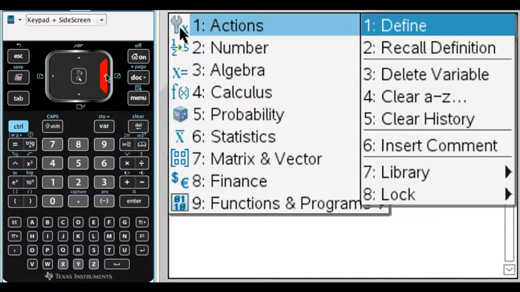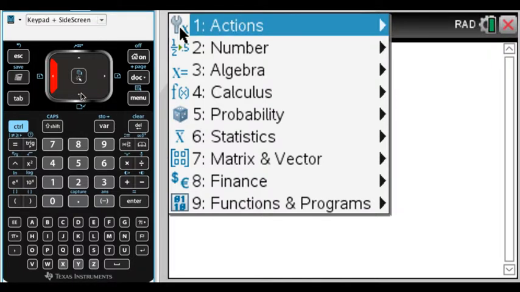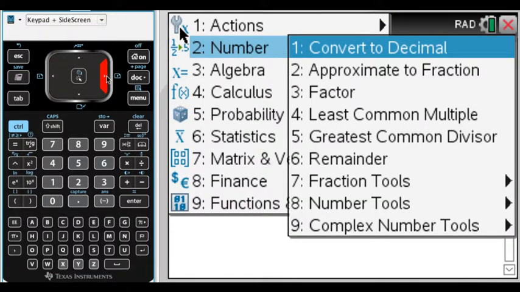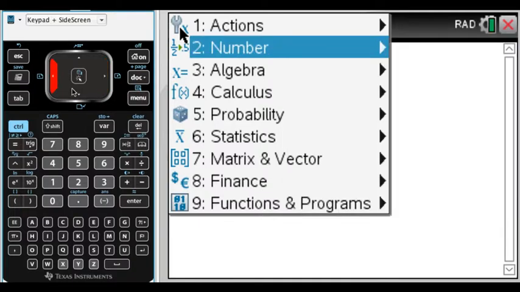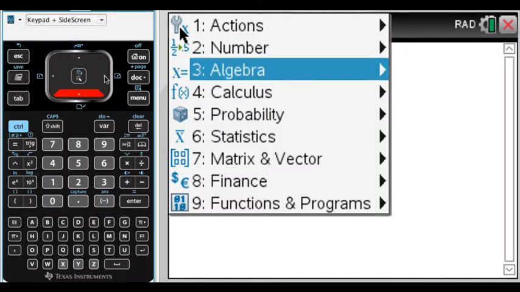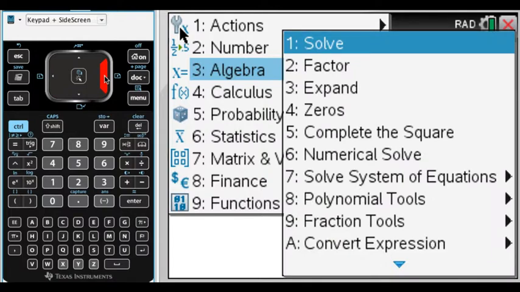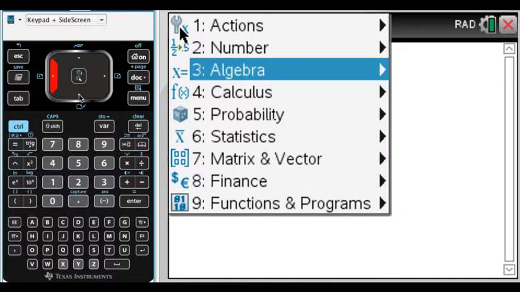So later on we'll use the define command. I'll show you how that works. There's also features under the number menu where we can convert decimals to fractions, fractions to decimals. We can factor things and a variety of other things. Now in calculus we will actually use a lot of algebra as well as calculus. So here we have a solve command, a factor command, expand command, and a variety of other things that come in very handy. And then also in the calculus menu